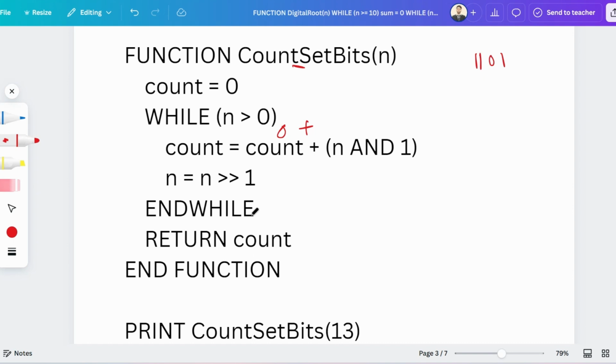1101. 1100 is 12, right. If you don't remember this, then you can remember it this way: 1000 is 8, 1001, and 1100 is 12, so 1101 will be 13. This way you can remember. So 1101 is 13, then